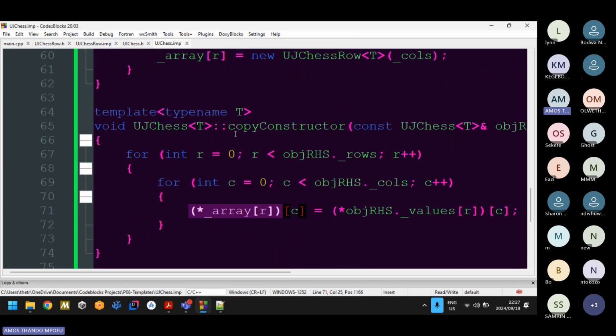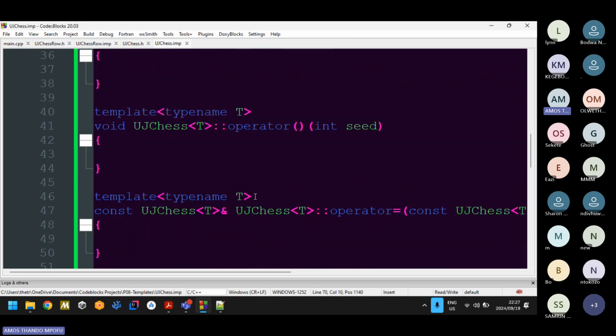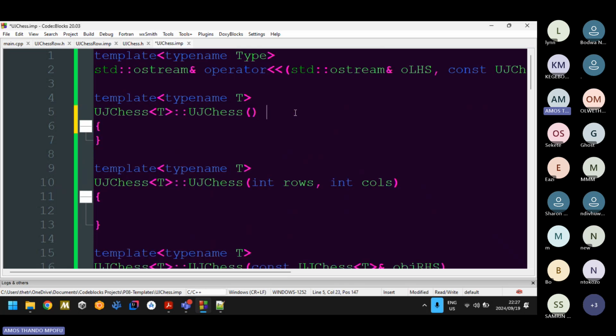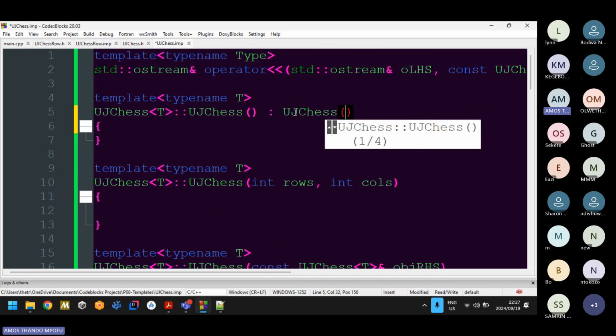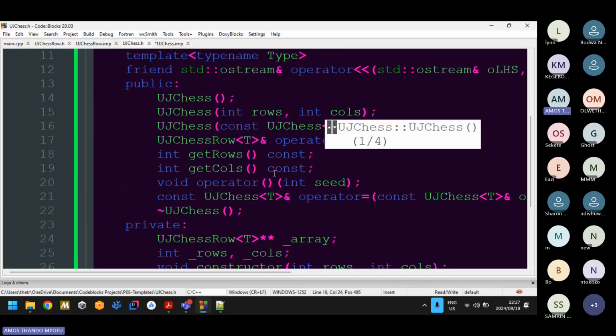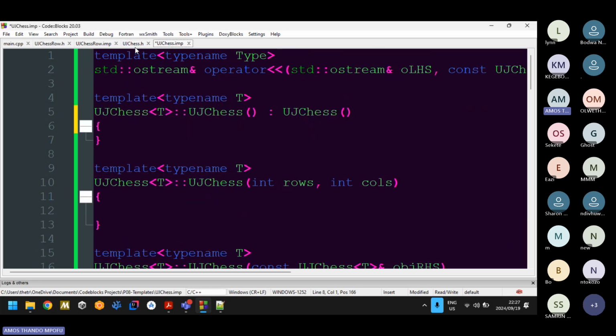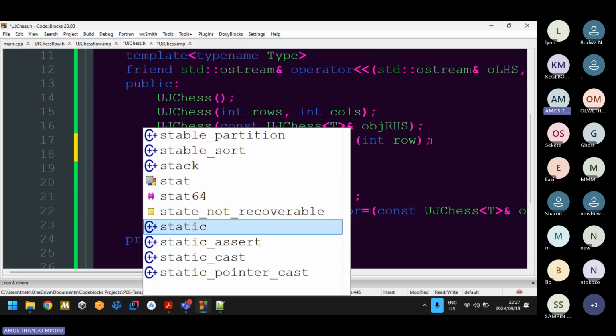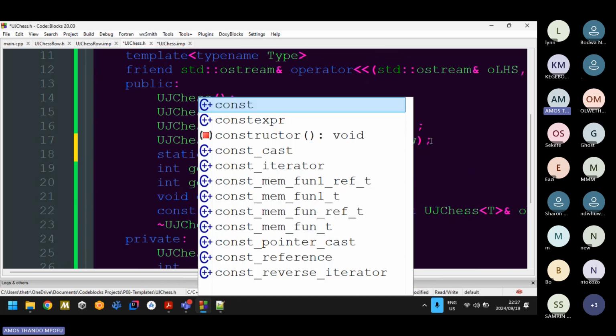So we are pretty much done with the copy constructor. Now I can go to my constructors. The parameterless constructor will just be chained, so chain to another constructor. But then that means I need to specify default rows and default columns here. So let me go back here and fix this. I'm going to need to create constants. So I'm going to say static const int